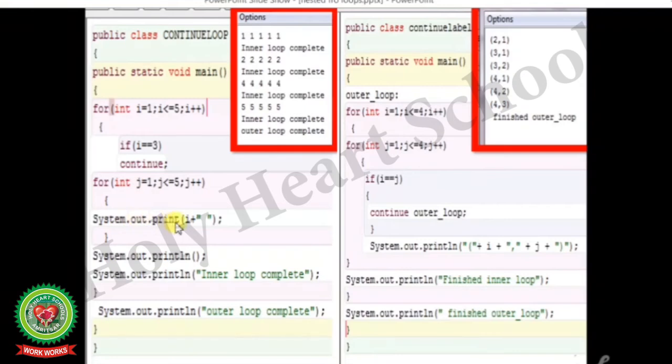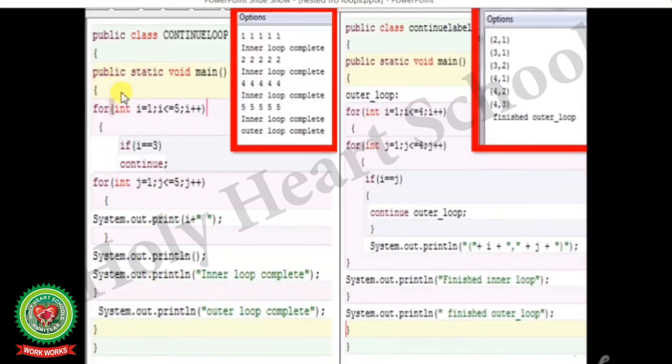System.out.print again the value of i will be printed, that is 1. So 5 times the value of i will be printed till the condition of j becomes false. Then the cursor will move to the next line with System.out.println, and inner loop complete will be printed.